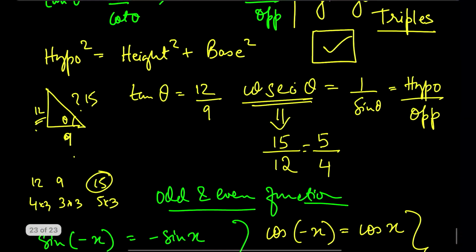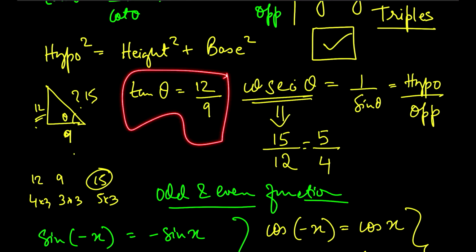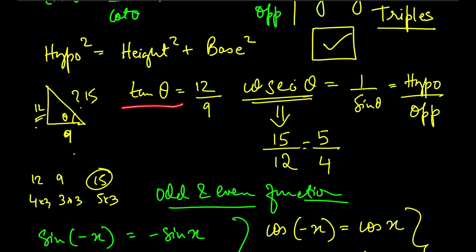Now, going down to another concept. For example, in a question, they only give you the tan theta value. So from this tan theta value, you will be able to find out all the other expressions or ratios easily. Why? Because if I know that something is tan theta, it would definitely be the value of the opposite divided by the value of the adjacent. So for my triangle, this one will be my opposite and this one will be my adjacent. And जैसे हमें दो sides मिलते हैं, हम पाइथागोरस थ्योरम की help से the third side easily calculate कर सकते